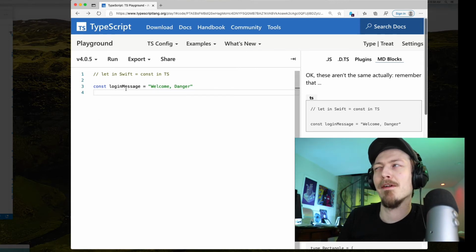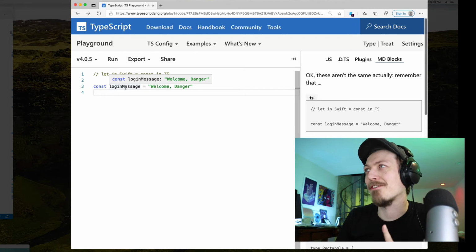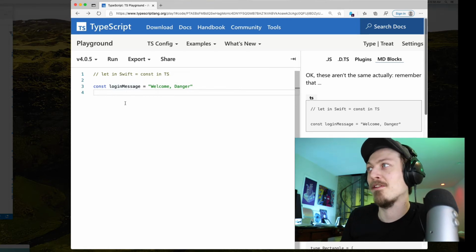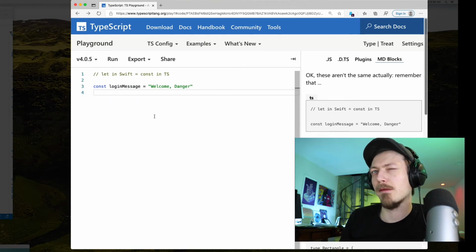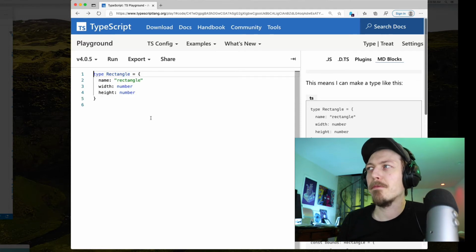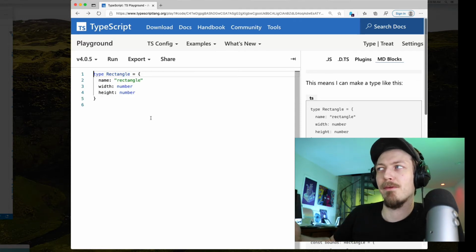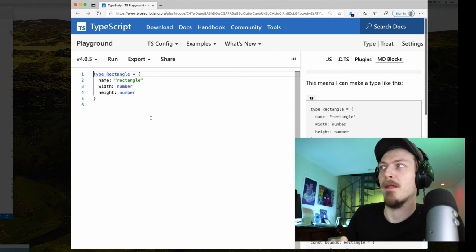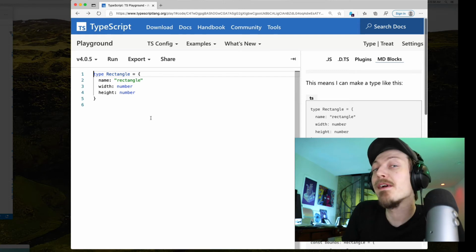This type is only one possible character combination: welcome, comma, danger. With capitals and stuff like that taken into account. And this means that you can describe really interesting behavior. So this is a type that, for example, you can imagine the protocol where name can only ever be the string rectangle, and the width and the height can be any number that they want.